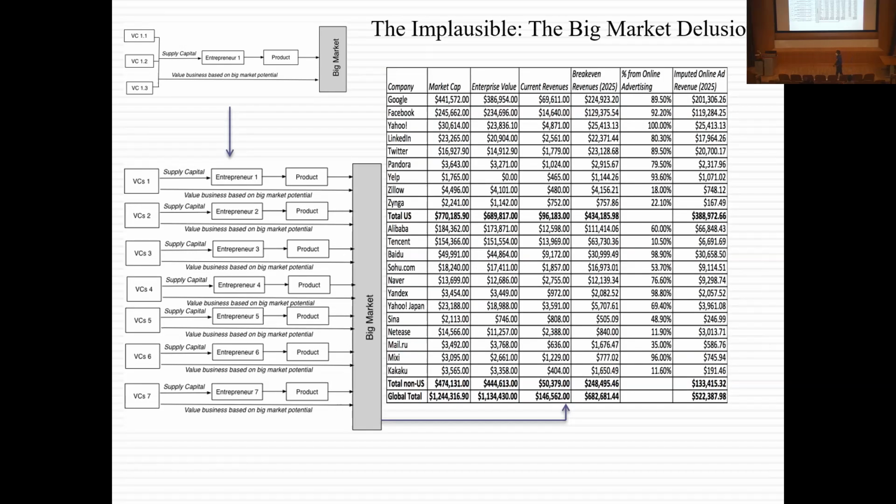One more twist. Now, let's say you're looking at a big market. It could be cloud. Right now, the cloud business is huge. Electric cars, everybody accepts it's going to be a big market. When you have a big market that's nascent, when it's just starting up, you have the potential, at least, for what's called a big market delusion. Let me explain. Let's say you see a big market. It could be cloud, it can be China, it can be electric cars. You're a founder. When you see a big market, your eyes light up, right? So I can make money on that market. You start a business.